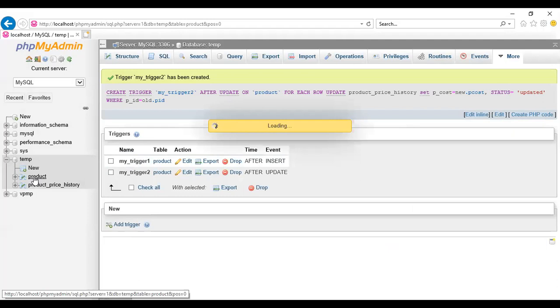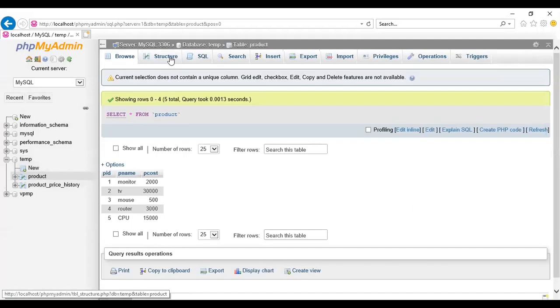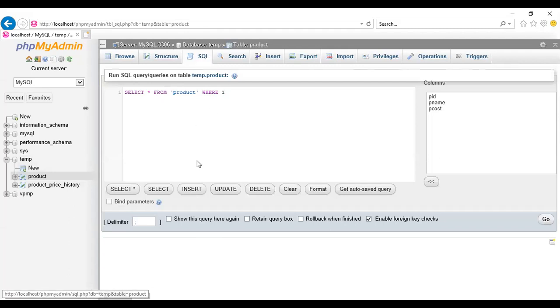Now on the product table, apply the SQL statement for update: update product set P cost equal to 33,000 where PID is equal to 2.